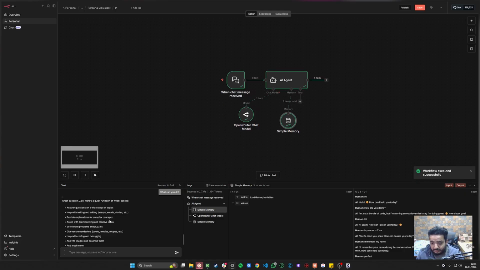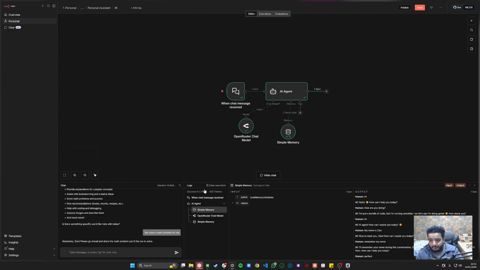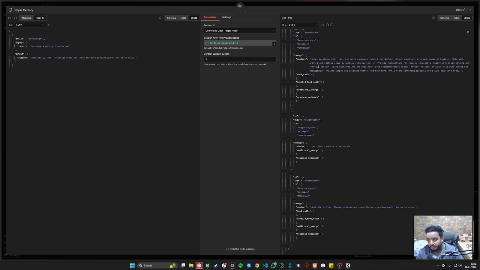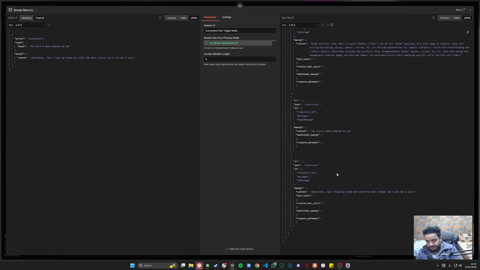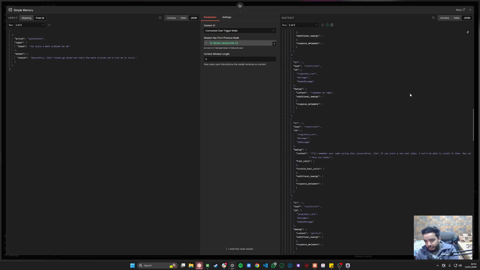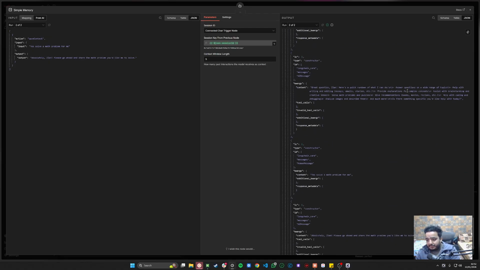Okay, so it's giving me a rundown of what we can do, and I can ask it for a bunch of stuff, including solving a math problem. What it does is, if we go into the memory itself, we can see that it has two runs. Once this run limit reaches 5, it will forget everything that we've talked about. And this is only possible because it's keeping a record of all our conversations and all the messages that I've sent, and it's using them as